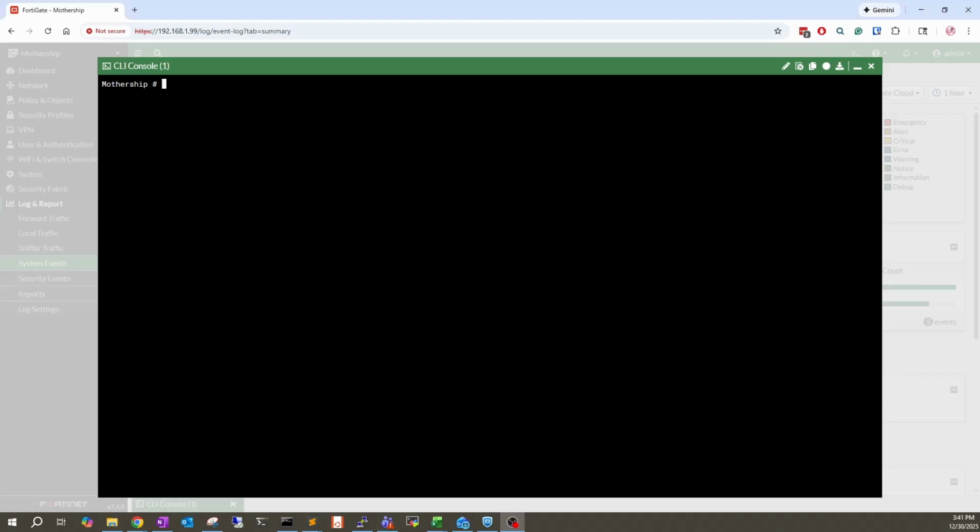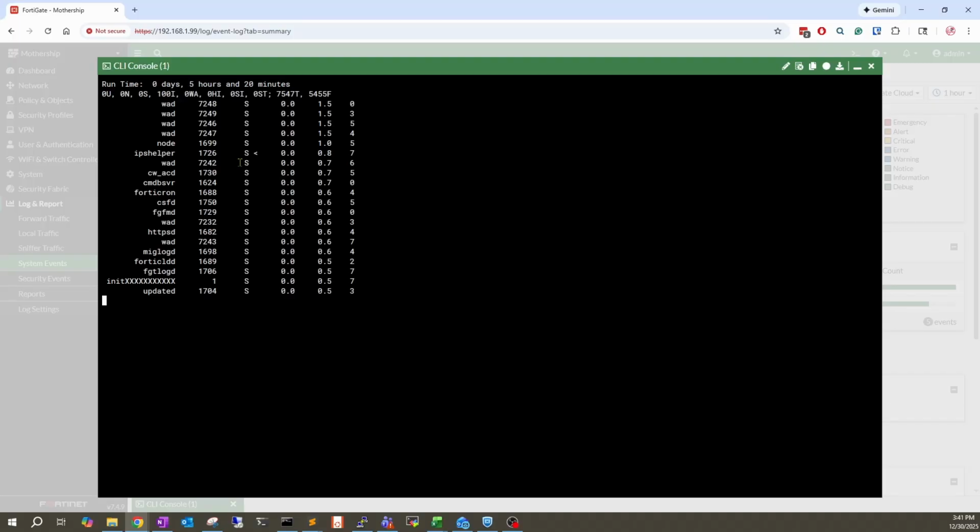Now we'll move on to system processes. Typically we can use FortiOS to show our system processes with the top command. That's what you might be used to seeing, but we can also use the underlying Linux system to do this. If we do a system control ps,